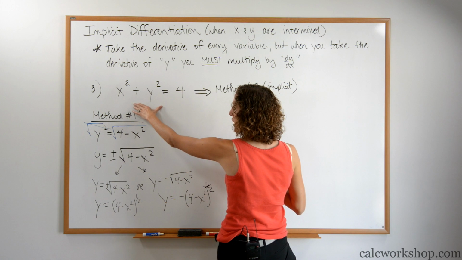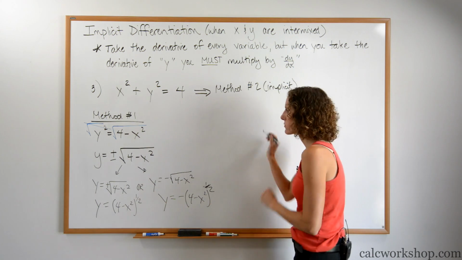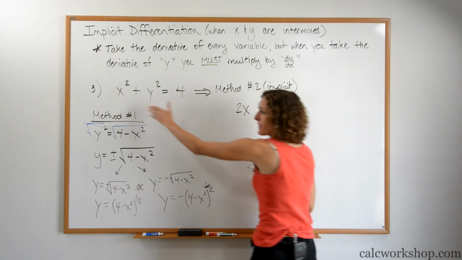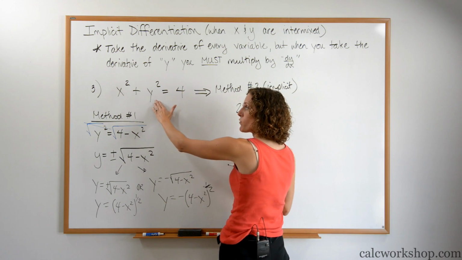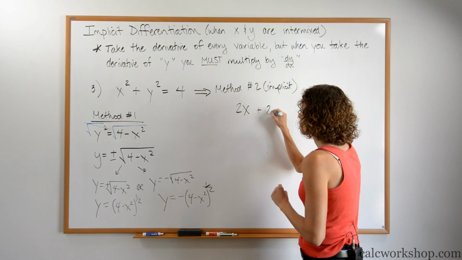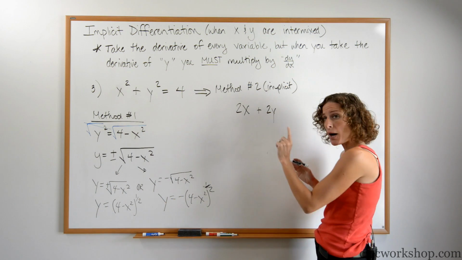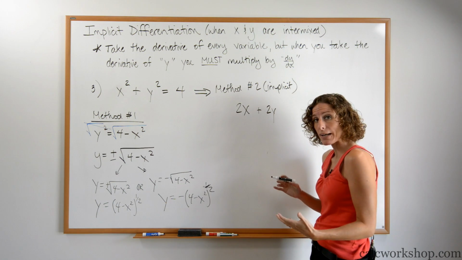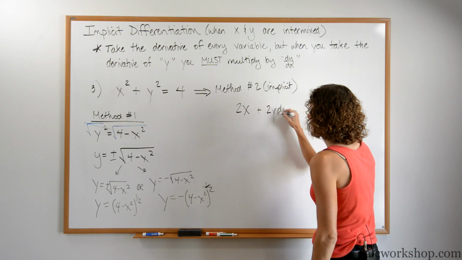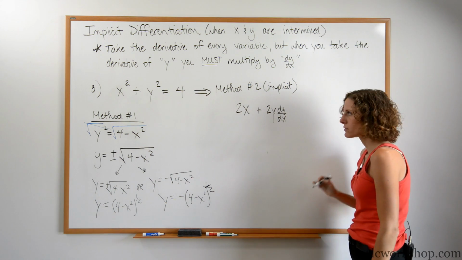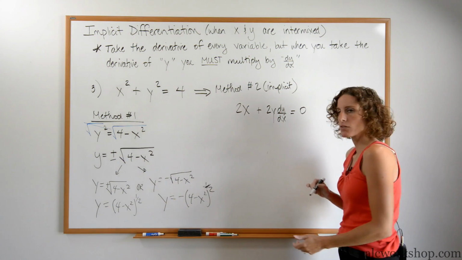We have x squared plus y squared equals 4. Let's take the derivative of x squared. The derivative of x squared is 2x. Now, it was an x, so I don't need to multiply by anything. Let's go to the next term. The derivative of y squared would be 2y. We just bring the exponent down and decrease it by 1. Seems pretty easy so far. But we have to remember that we just took a derivative of y, and if we take the derivative of y, we're going to multiply by dy dx. So I'm multiplying that term by dy dx. Equals, what's the derivative of 4? Just a number, so it's 0.